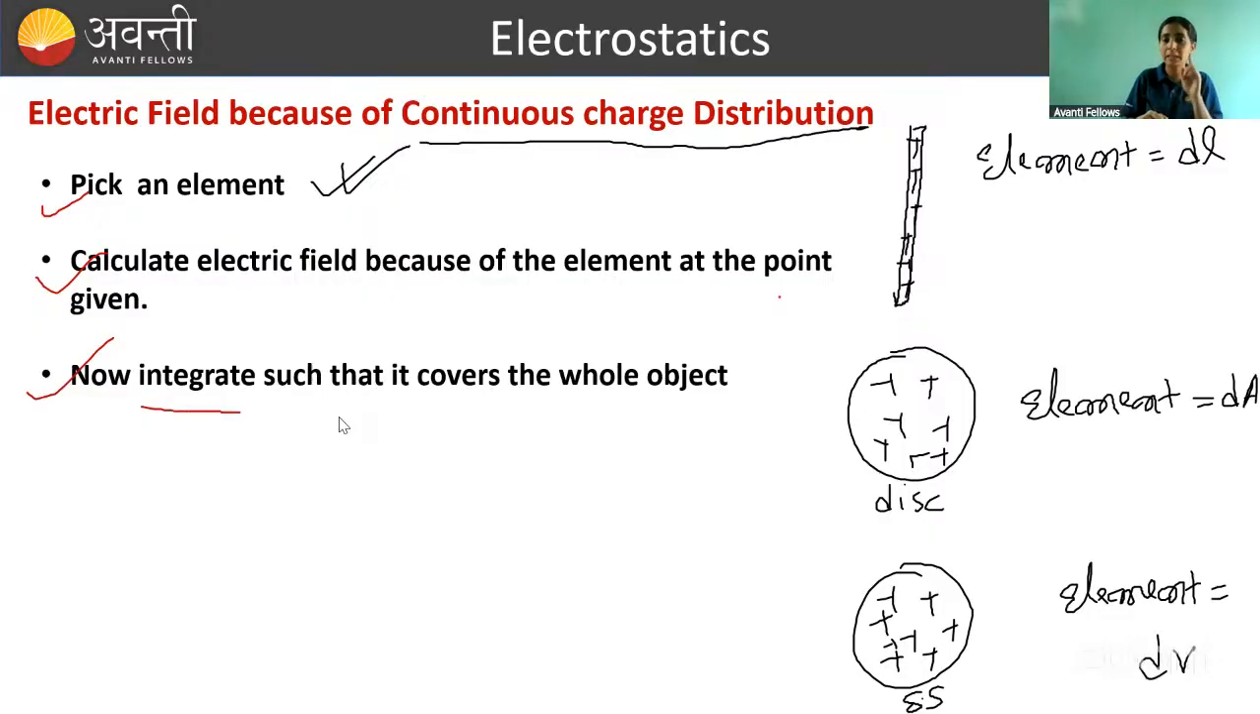But while integrating, always be careful, because you have to look that you are not adding electric fields of different